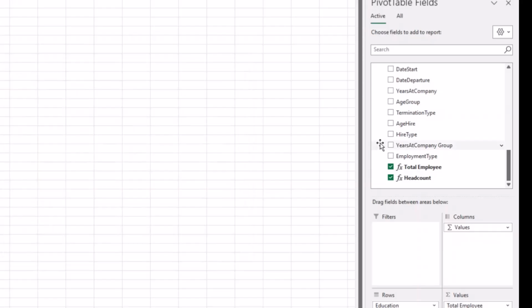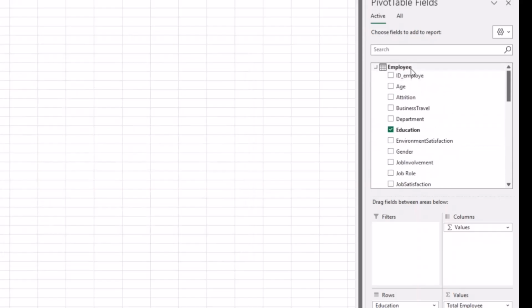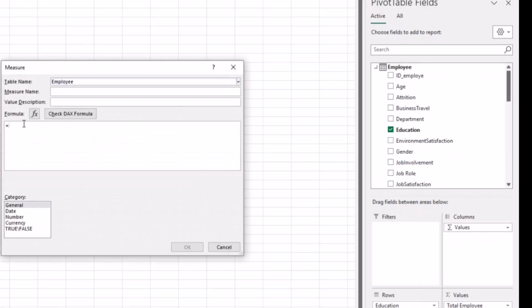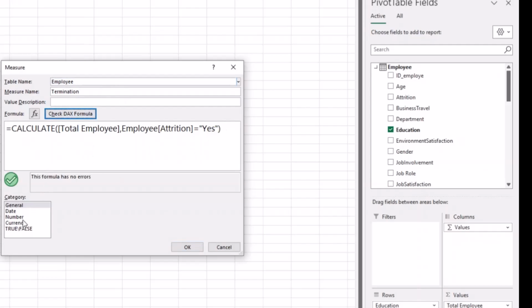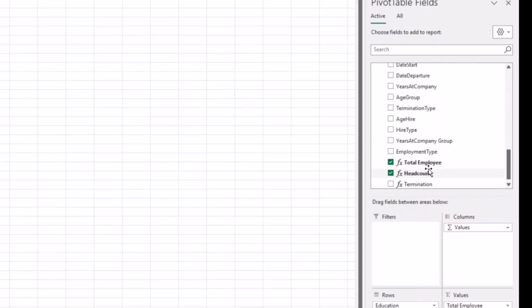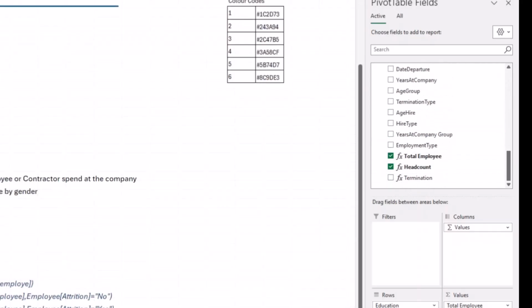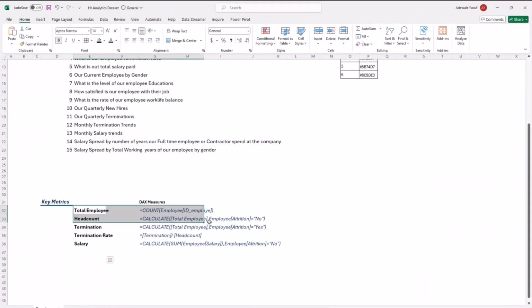So when I copy this one and I want to create a measure for termination, then I'm going to right click and say add measure. So I'm going to paste this one, and then my measure name is called termination, right? Because the condition for termination is when the attrition is yes. Attrition simply means that the employee has left us, right? So termination is yes. So let me check this and also do a number format. Use 1000 separator for this as well. So now I've created my termination measure, which is basically my third metric, and you can see the third metric here, right? So here I have 5 metrics. We've created the first 3, which is what we just did now.